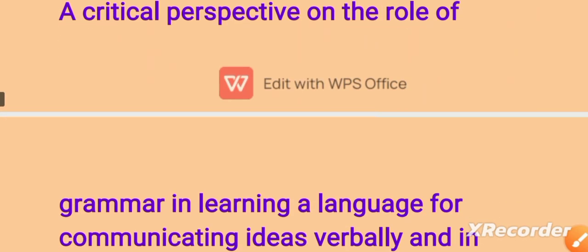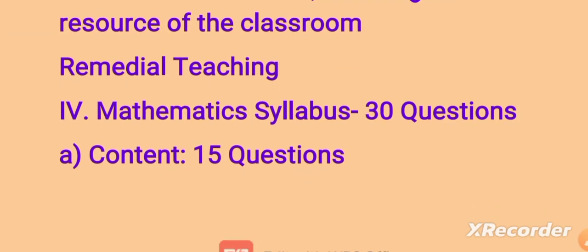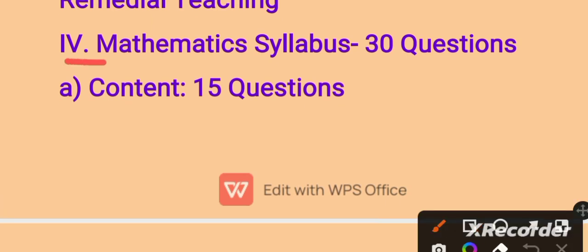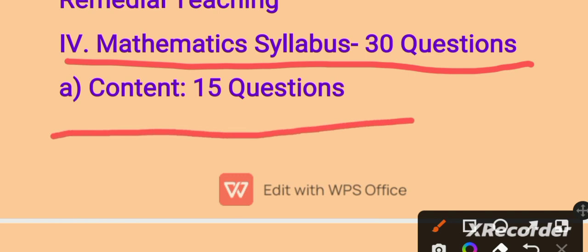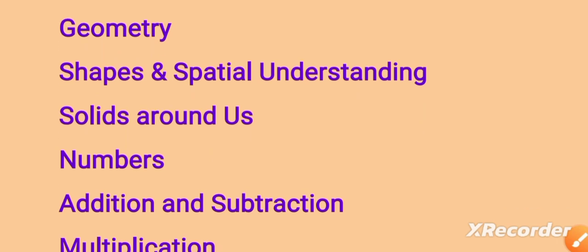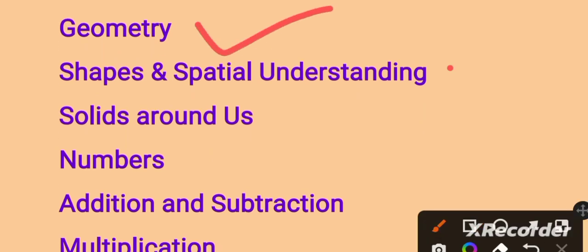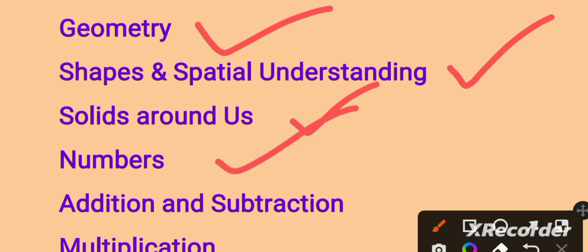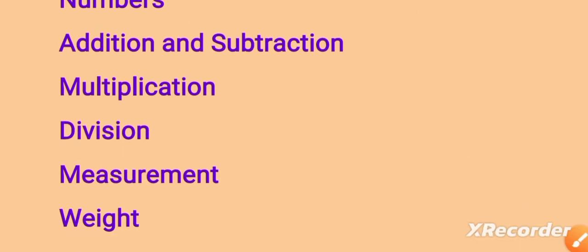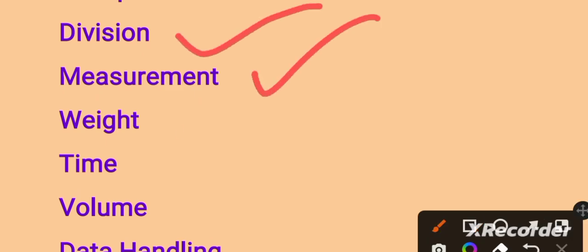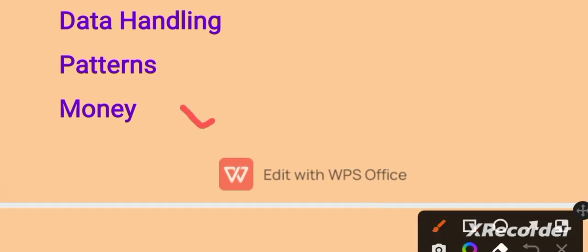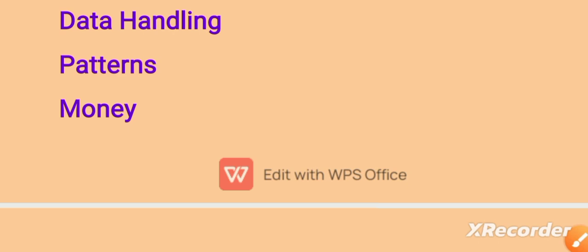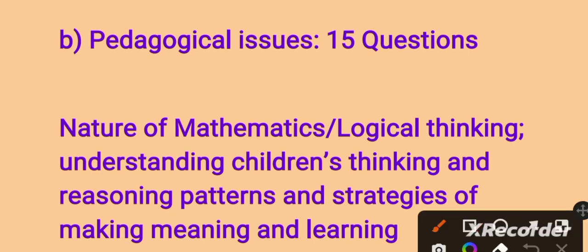Now let's move to the next section, which is the mathematics syllabus for 30 marks. In that, the first 15 questions are bifurcated on the contents. Let's see which are the contents. The contents are geometry, shapes and spatial understanding, solids around us, numbers, addition, subtraction and multiplication, division, measurement, weight, time, volume, data handling, patterns and money. Okay, these are the contents. On these contents there will be 15 questions for 15 marks, and the remaining 15 questions depend on